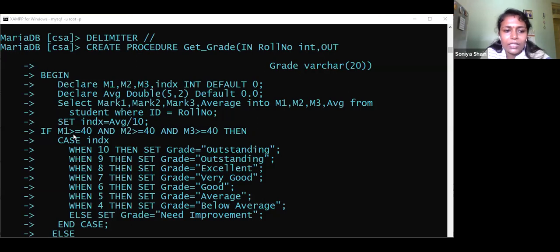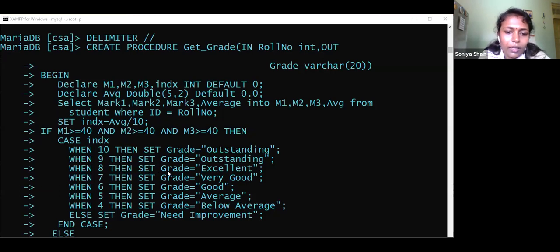So M1 greater than or equal to 40. Here also I have to check whether each student got the pass mark. Then if so, the index will be whatever value ranges from 0 to 10. So 10 means outstanding, 9 also means outstanding. Then 8 comes: 80.1, 80.2, 80.3, like that everything up to 88 will come under the 8 case.